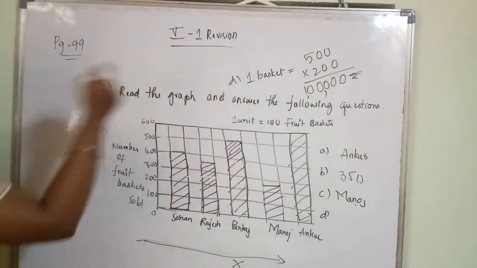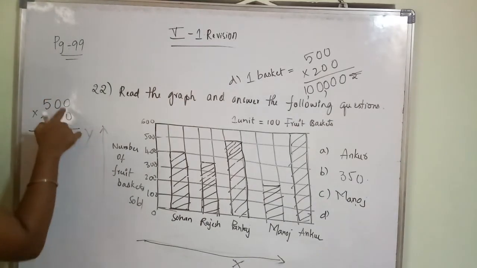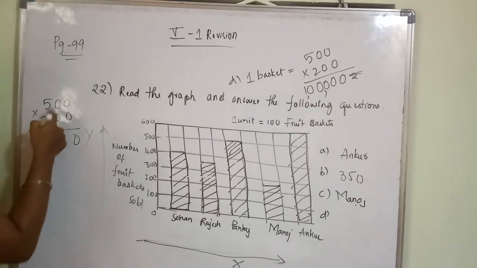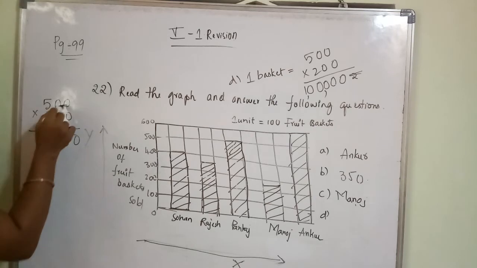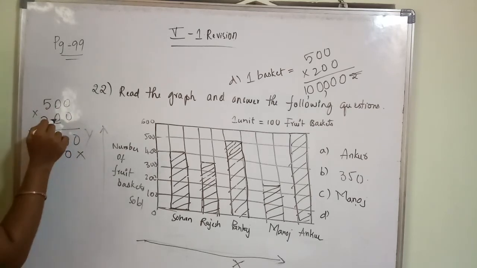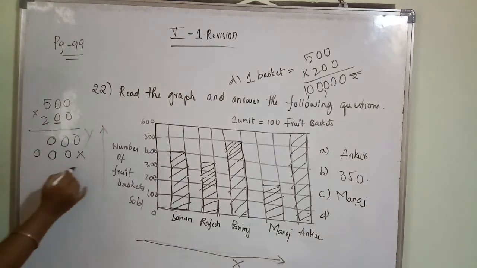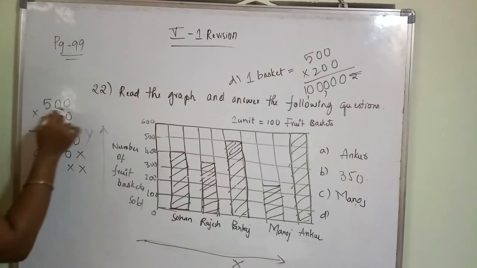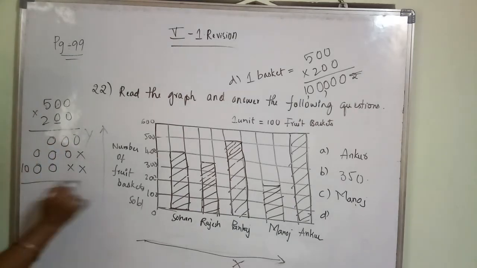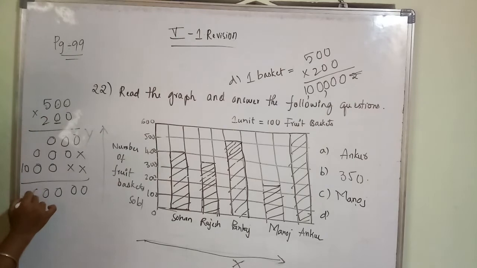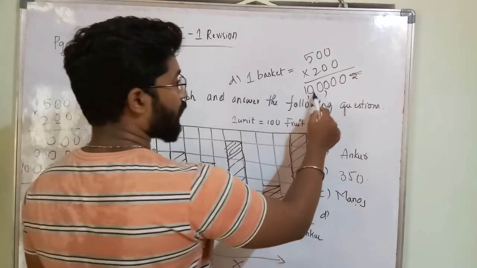So I did it directly. If you want to do, you can do. Okay, 0 0 is 0, multiplication I am doing, 0 0 is 0, 0 0 0 5 is 0, completed. Next with this 0, 0 0 is 0, you have to leave one place here, 0 0 is 0, 0 5 is 0, completed. So you have to leave two places here, 2 zeros are 0, 2 zeros are 0, 2 5s are 10, 0 0 0 0 0 1, 1 2 3 4 5 6. So 6 digit number here.